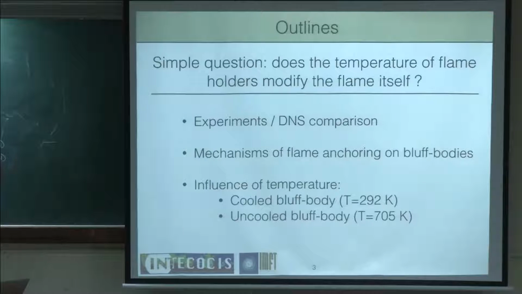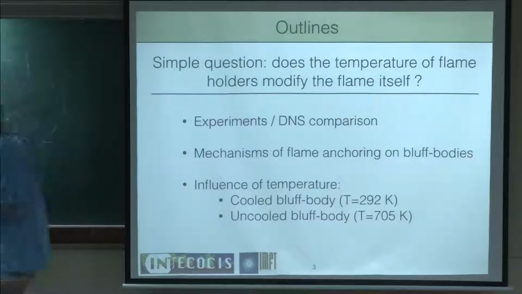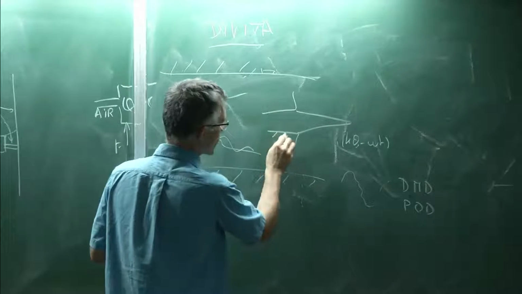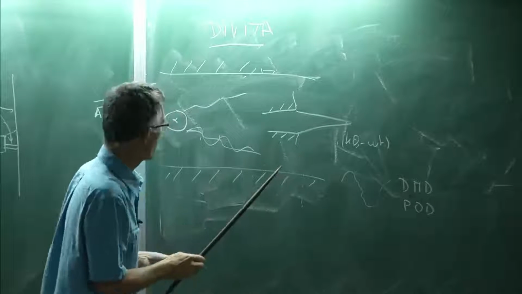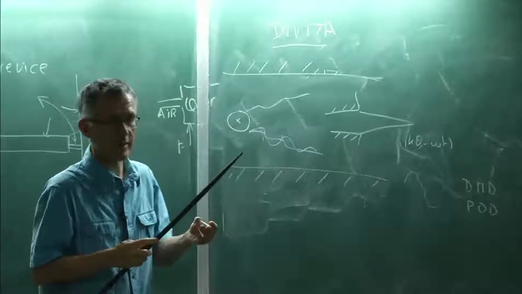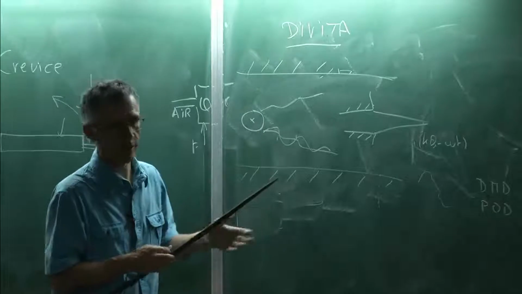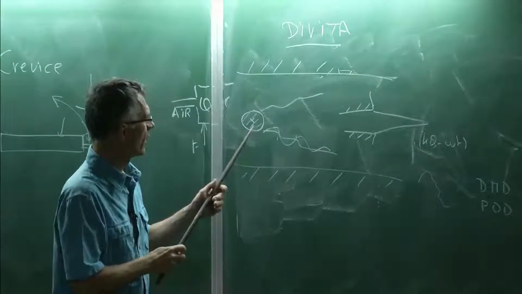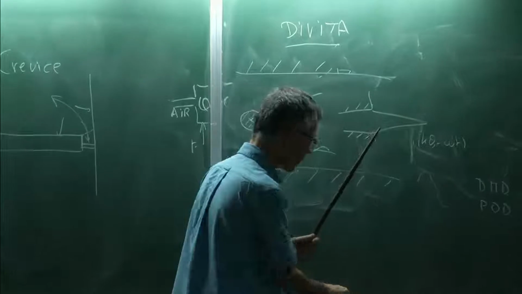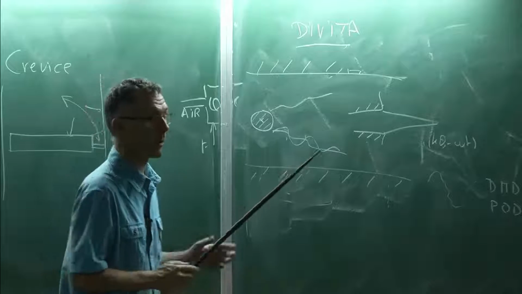So we looked at a very simple question. You've seen in the previous talk that if you have a flame stabilized like a Bunsen flame, we looked at this flame, the temperature here controls the flame oscillations. So we looked at another problem which is observed. This is what you have, for example, in post-combustion. You stabilize flames on a bluff body, usually a cylinder. So you take a cylinder, you put it in the middle of a premix flow, and you look at flame stabilization. And an interesting question is, what's the influence of the temperature of the flame holder? How does it play a role in this problem?